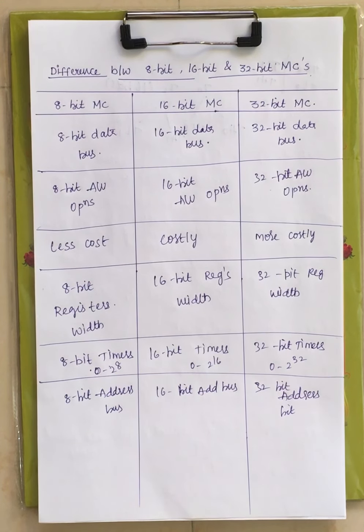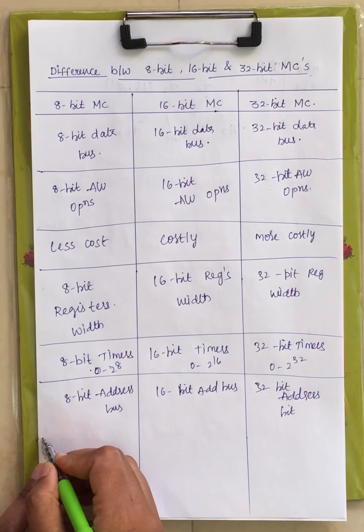It is a general scenario that an 8-bit microcontroller should contain an 8-bit address bus, but some microcontrollers contain greater than that value. Now 8051 is one of them, right? Now this is another difference between